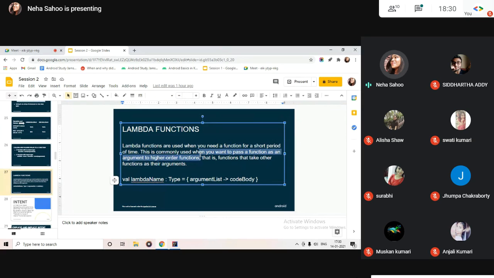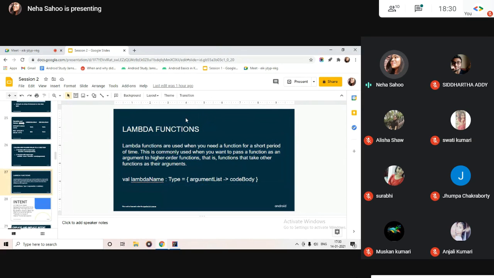Other than this, there is one more thing that Kotlin gives us, and that is that we can use higher order functions. Now, what are higher order functions? Higher order functions are when you can pass functions as arguments to a function, and when you can return functions from a function. Those functions are known as higher order functions.